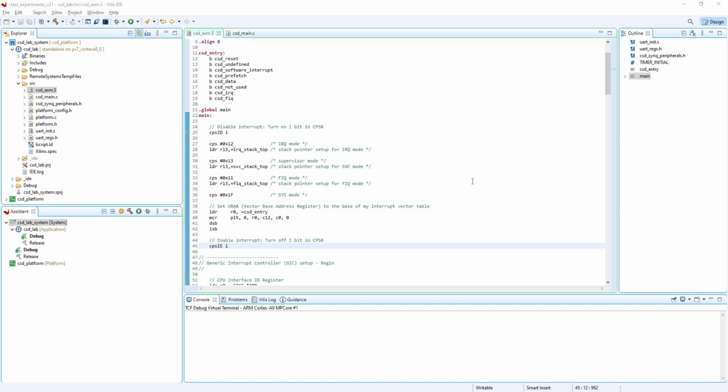Hello, my name is Andrey, and this is assignment 6 for computer system design. I designed a digital watch using interrupt from the private timer, and here is my